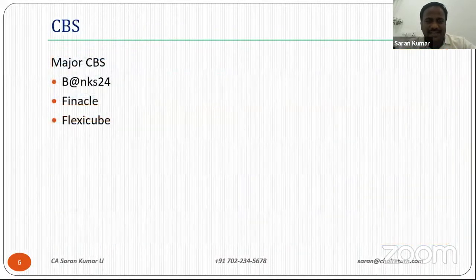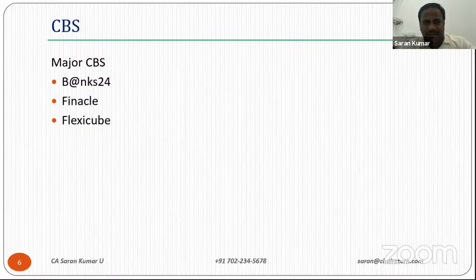Here I'm covering the major CBS, not going into the very minor ones. If you take all the banks, 95% of the banks use Bancs 24, Finacle, and Flexcube. Bancs 24 is used by Central Bank, the SBI Group and some small other banks.